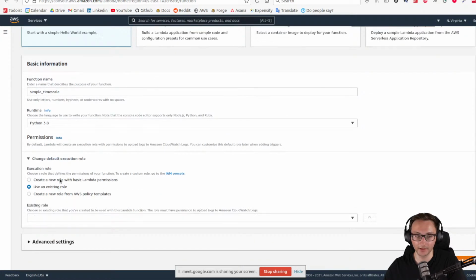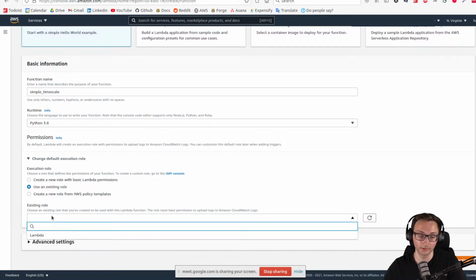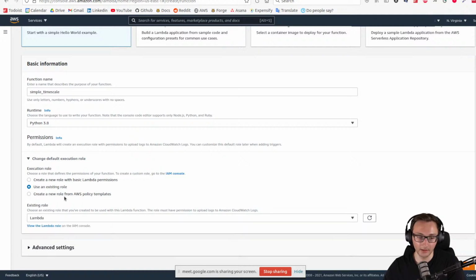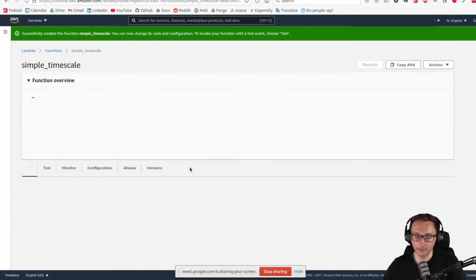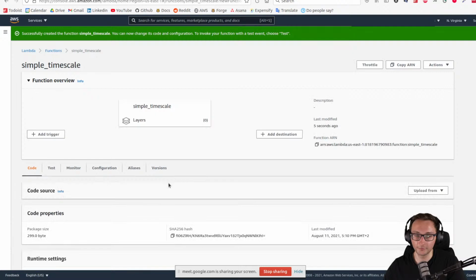I also need to set the correct role, so the Lambda function will have all the permissions it needs. For me, it's Lambda. And then basically that's it for now. I can create a function. And once it created the function,